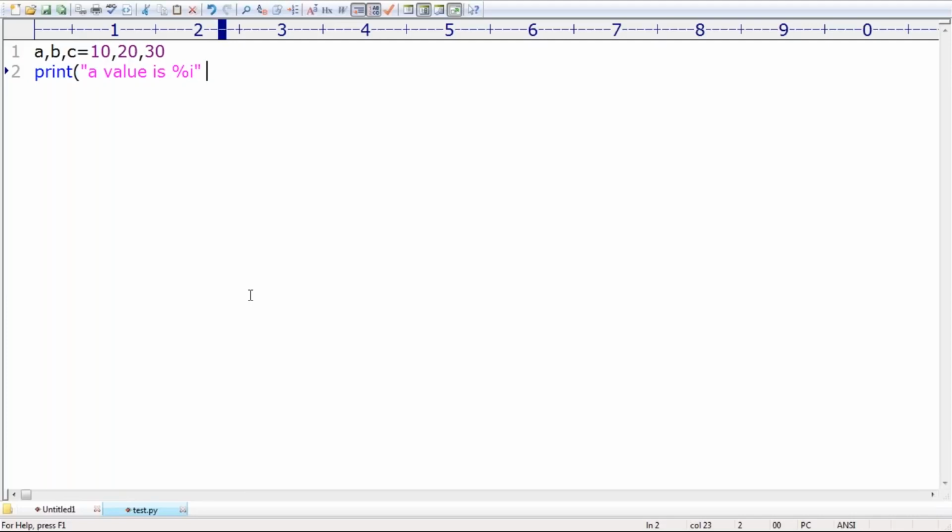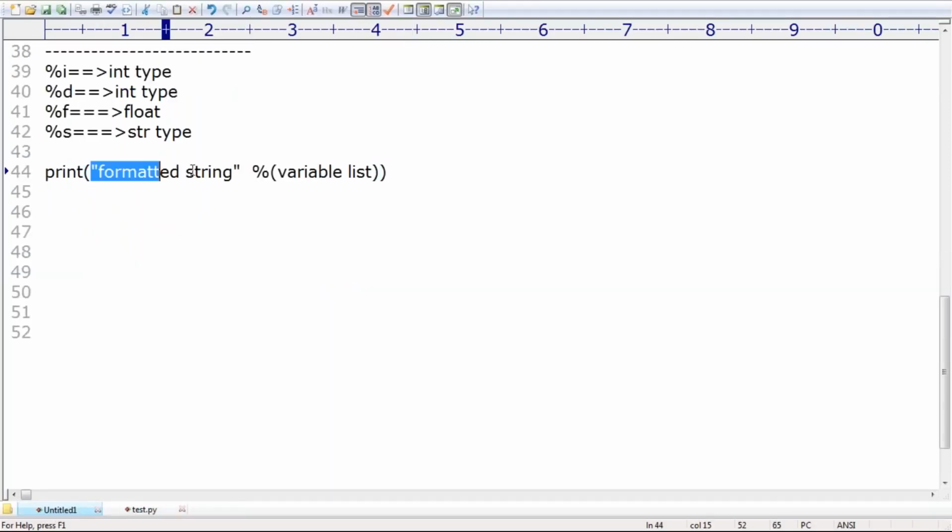Next the percentage. What do I have to take in this place? %a, I have to take. It is a variable, right? How many variables are there? Only one variable. That's why parentheses are optional. Let me take it once again. This is the formatted string, space, the % symbol must be required, and then the variable list.